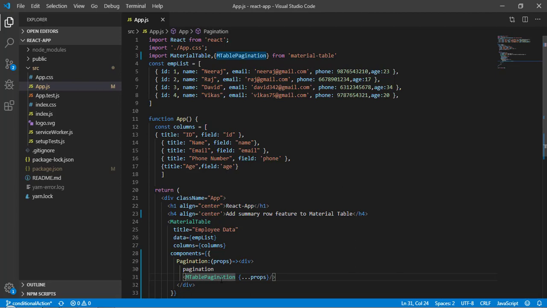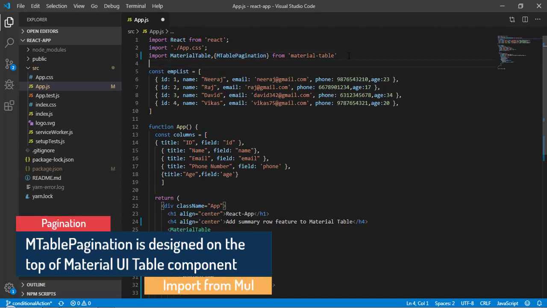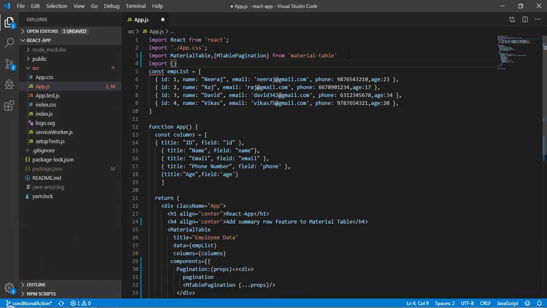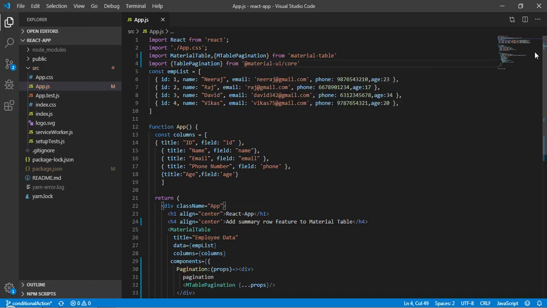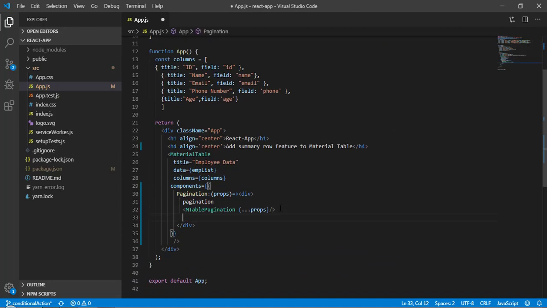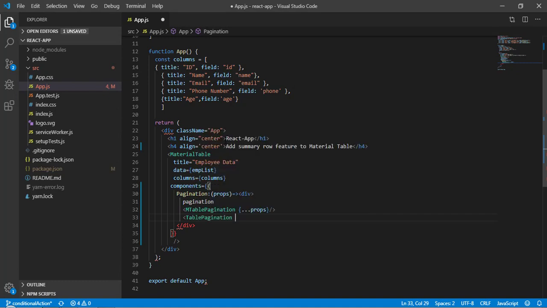One more thing is that this MTablePagination has been designed based on the material UI table pagination. So what I will do is import TablePagination from material UI core. So let's import that one. I will call it TablePagination, and it is going to come from material UI core. Here let me write material table pagination, and I am going to do the same thing with props.